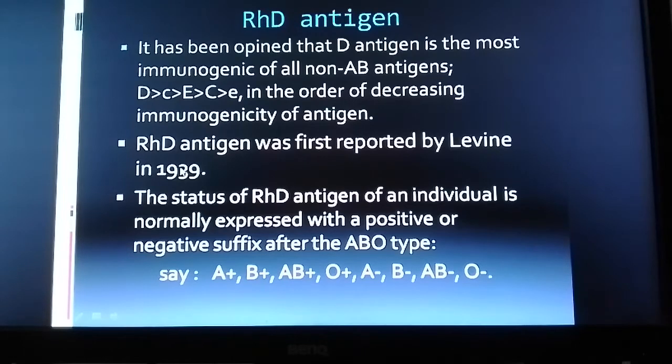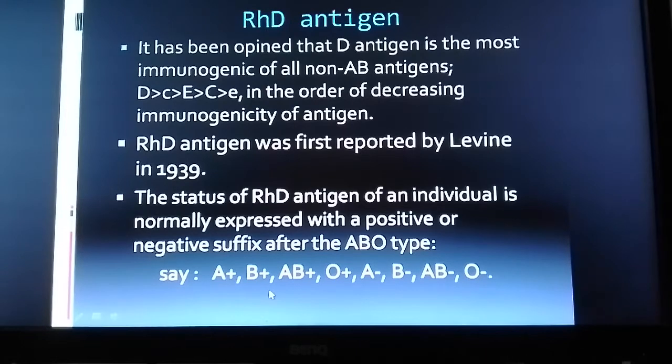Now including the presence or absence of this D antigen on the red blood cell, the ABO blood group may be distinguished into 8 types. Based on AB antigens, it is of 4 types only. But when combined with the presence or absence of D antigen, what is said to be RH positive or RH negative, the human blood can be distinguished into 8 types as shown here.